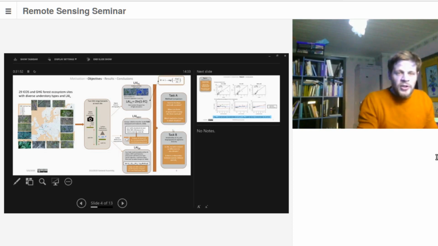And the second question in this task B, what we wanted to answer, is there a relationship between leaf area index of the understory and species richness? You know, there are many other remote sensing products that try to employ data from reflectance in order to make some statements about vegetation diversity, and we simply wanted to test this with our data set as well for the understory.